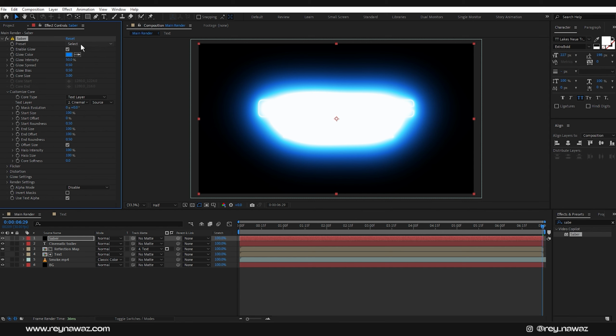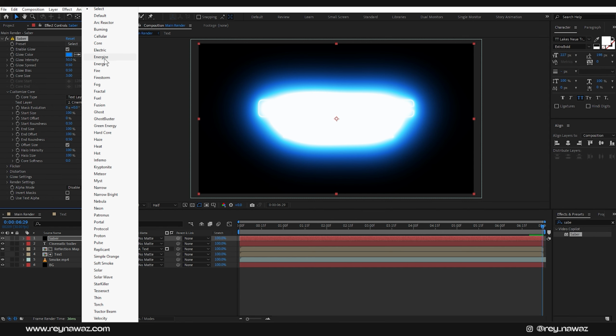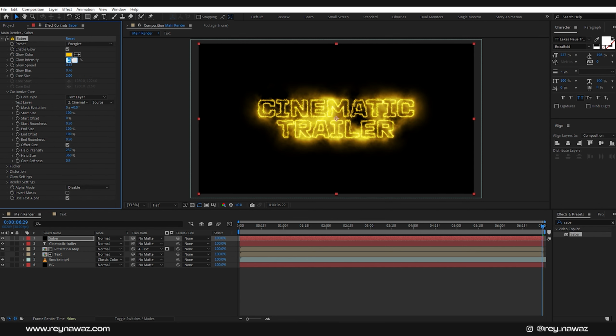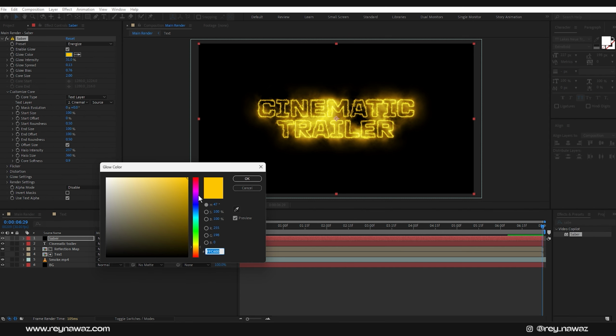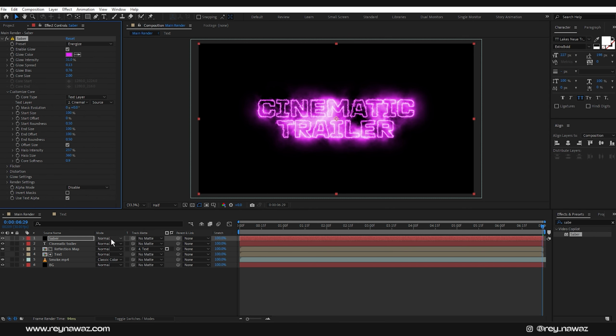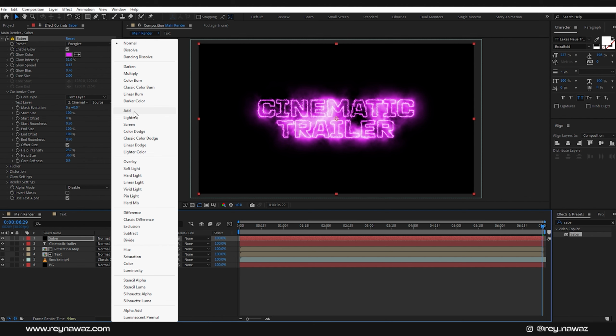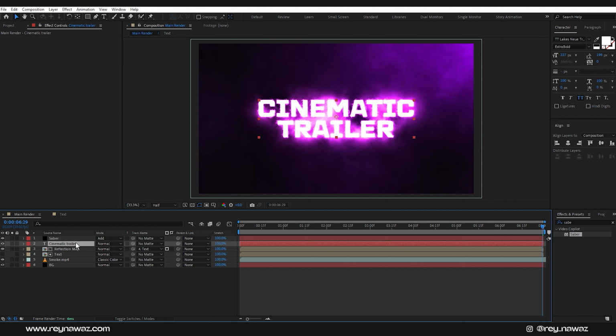All right, now change the preset to energize, and change the glow intensity to somewhere around 31%, and change its color to whatever color that you want. And let me go with this color and hit OK. Now go into blending options and change its color to add, and select this text layer and hide it,